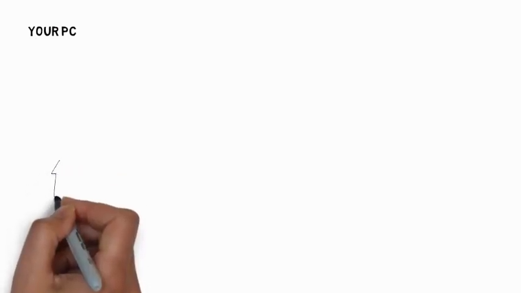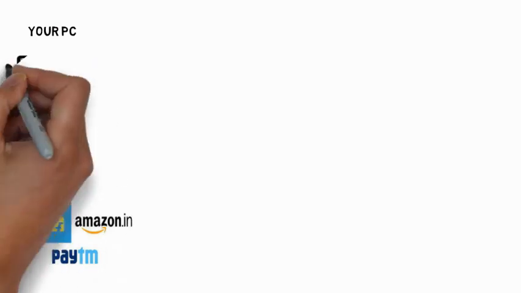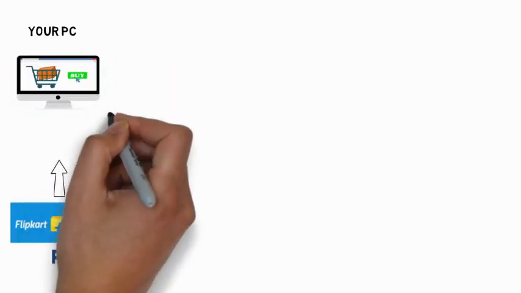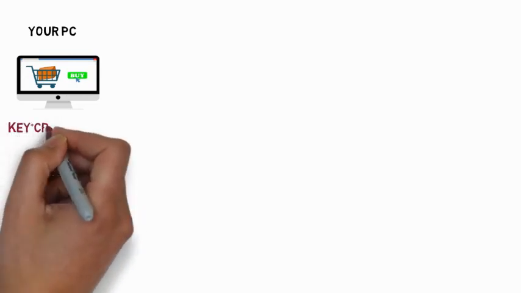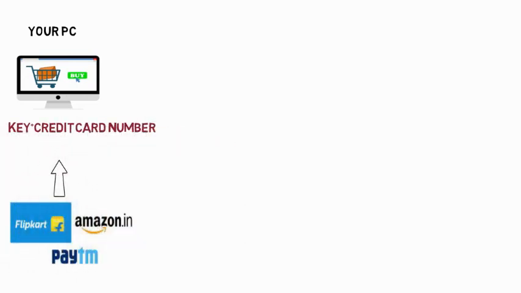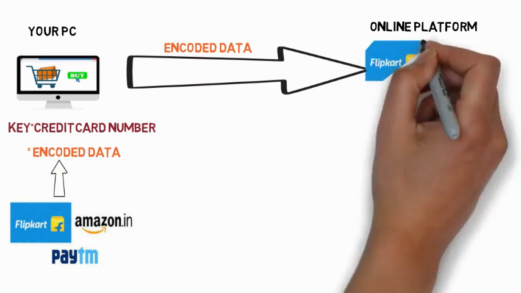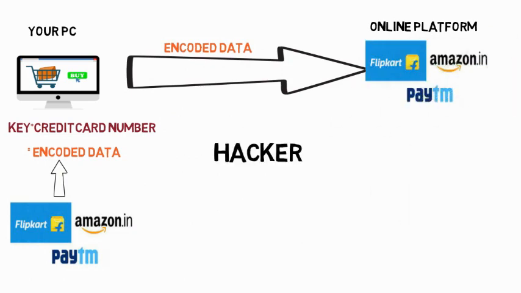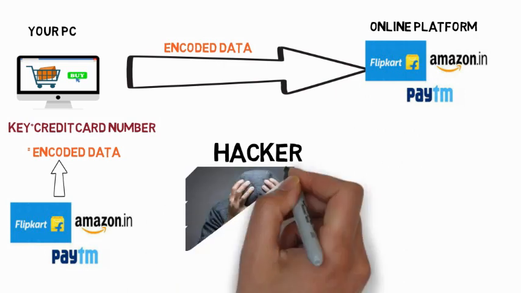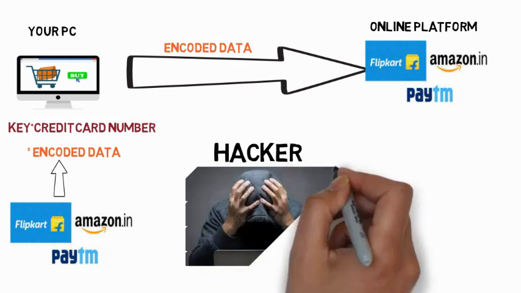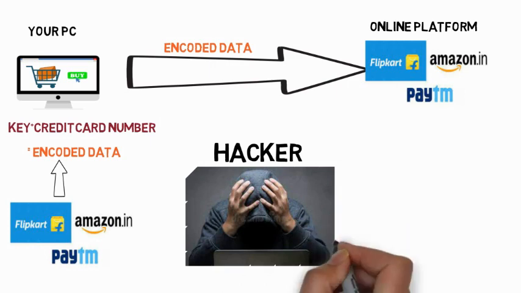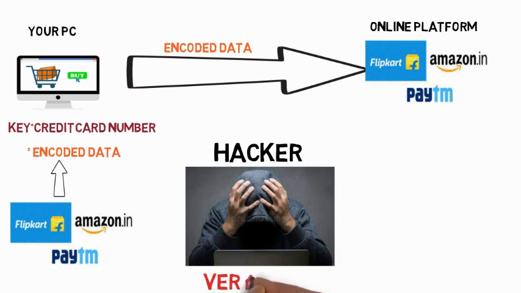computer of the user. Later on, the computer of the user just collects the information from the user, that is their credit card number or UPI number, and just adds it with this string, and later on they would send this string to Amazon. But during the process of sending this, if someone gets to know about this string of binary digits, they might not be able to decode it because it is very difficult for them to decode a binary digit number. So your information is very highly secure.